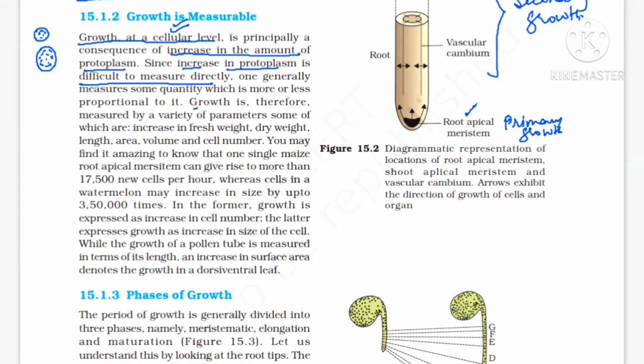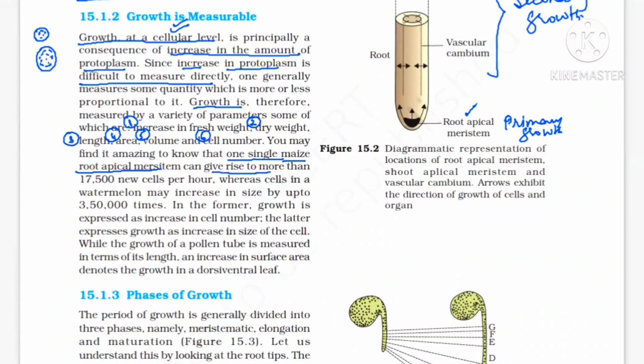So it is measured by different parameters, for example, increase in fresh weight or dry weight, or length, area, volume, and cell number. These are the parameters you will take for measuring growth. Is it clear? Now, for example, one single maize root apical meristem, please focus,